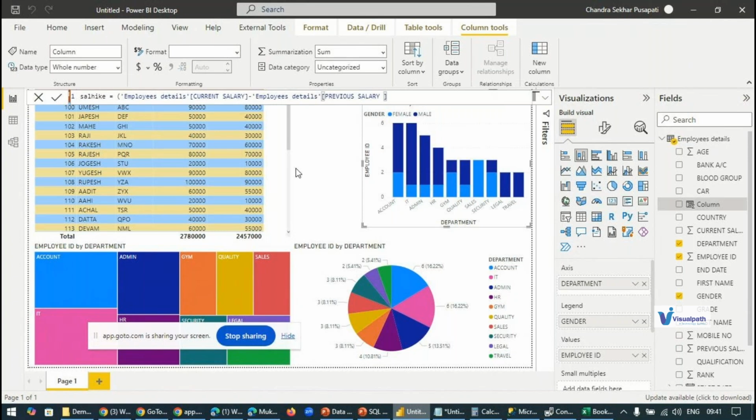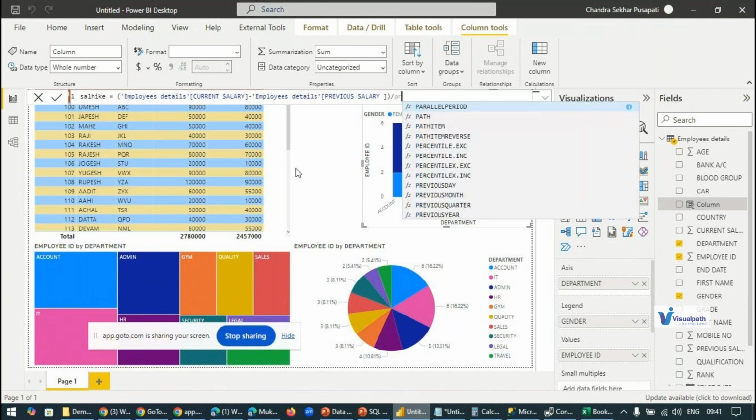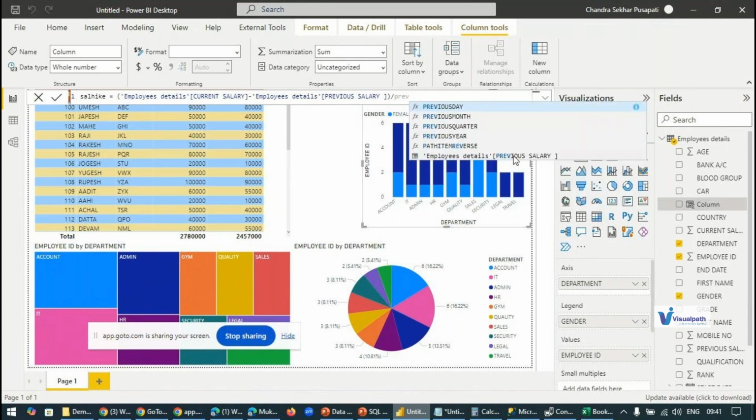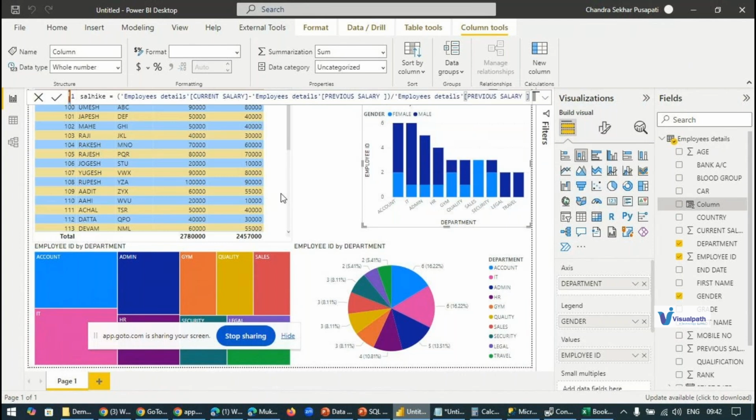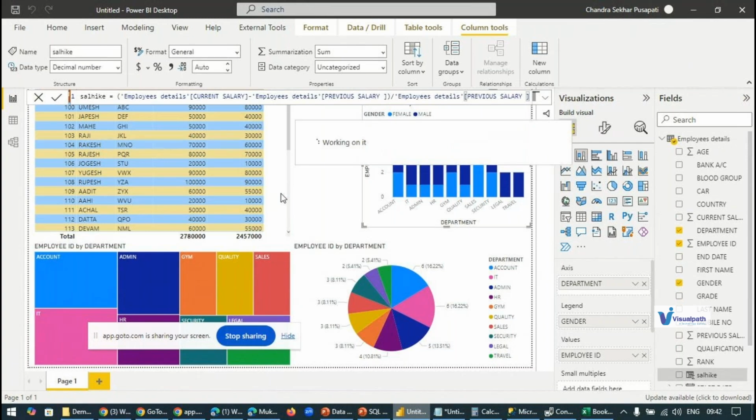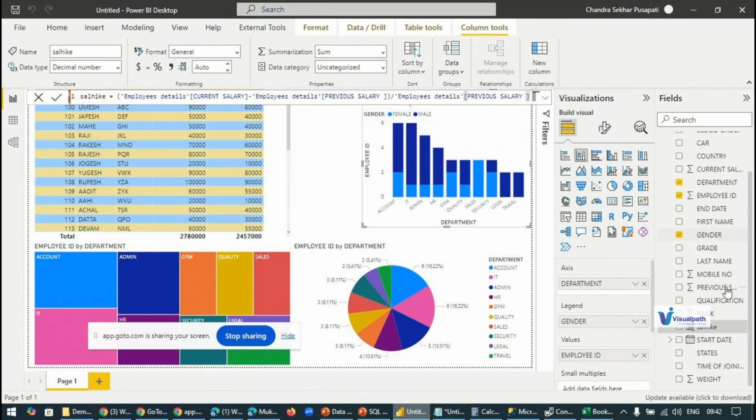After writing the formula, press the Enter key. See, the calculated value is also added in the list of columns. You can use it in any bar chart, pie chart, anywhere.